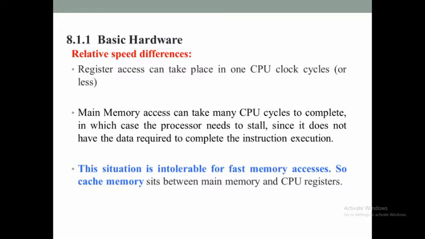So if the CPU comes to know that some instruction or data is going to be used frequently, in order to avoid accessing the main memory every time it needs the data and then wasting the time, such frequently accessed instructions and data will be kept in the cache memory which is near to it. So it will be able to access the cache memory in a faster time compared to the time taken for the CPU to access the contents of the main memory.